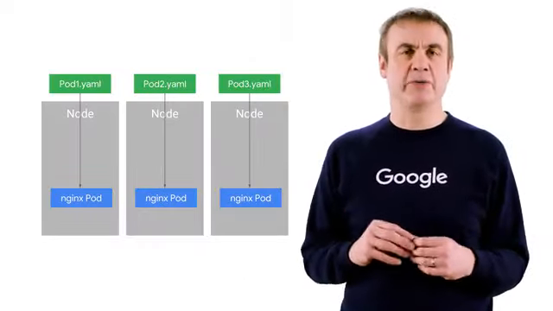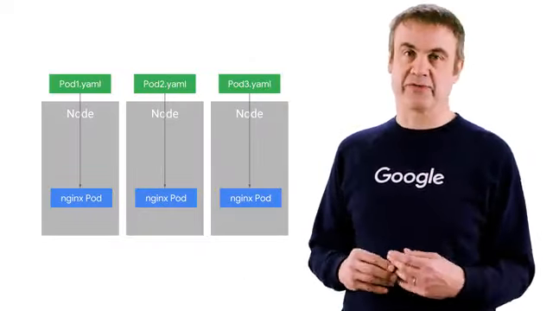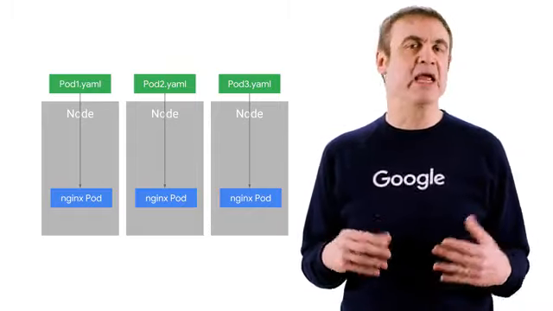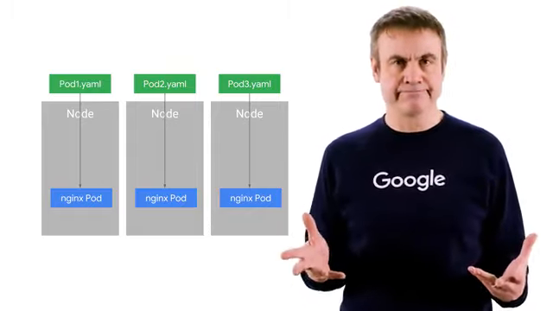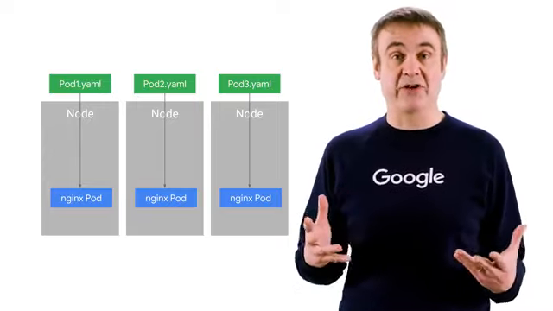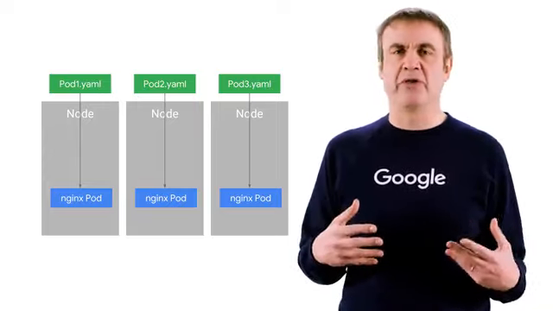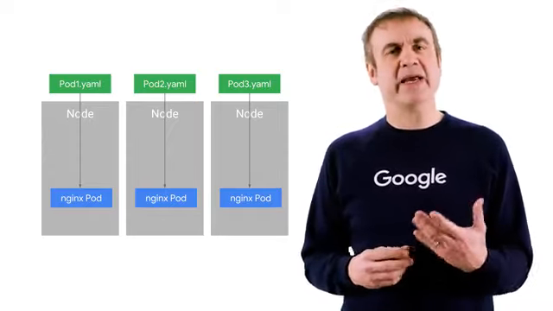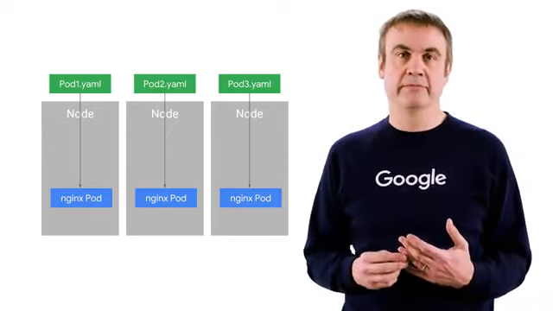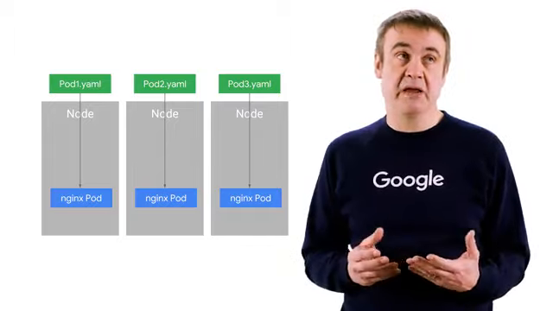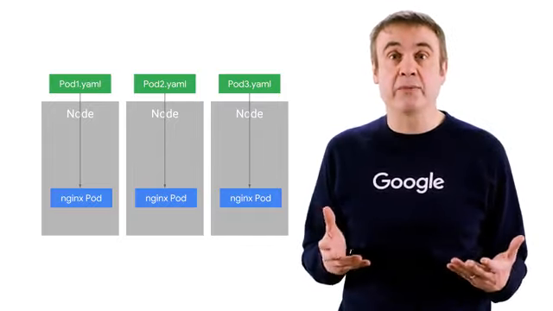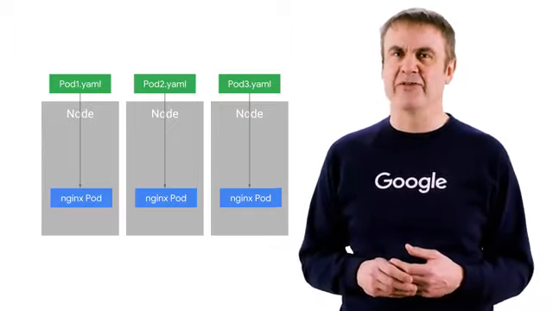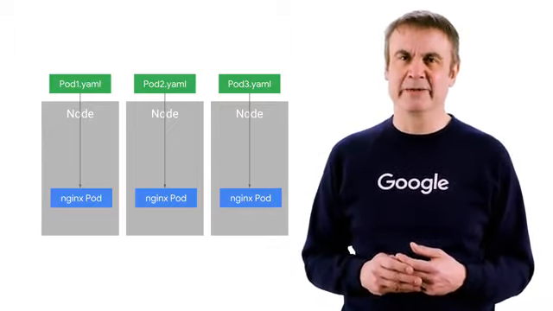So, one way to bring 3 Nginx web servers into being would be to declare 3 pod objects, each with its own section of YAML. Kubernetes' default scheduling algorithm prefers to spread the workload evenly across the nodes available to it. So we'd get a situation like this one. Looks good, doesn't it? Maybe not. Suppose I want 200 more Nginx instances. Managing 200 more sections of YAML sounds very inconvenient.